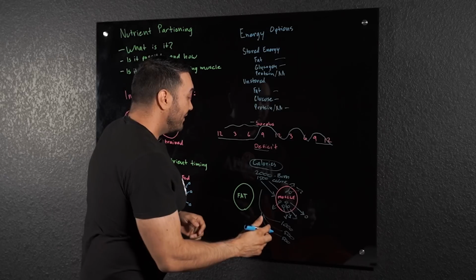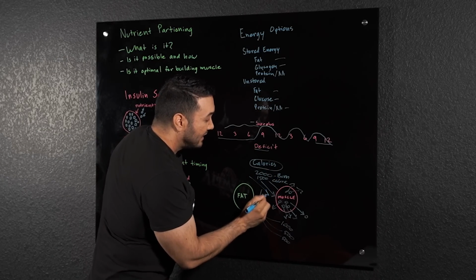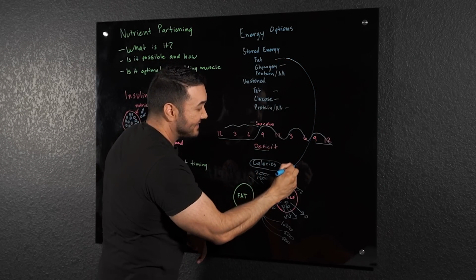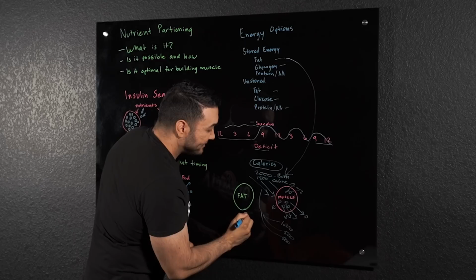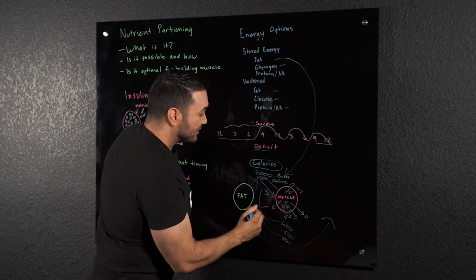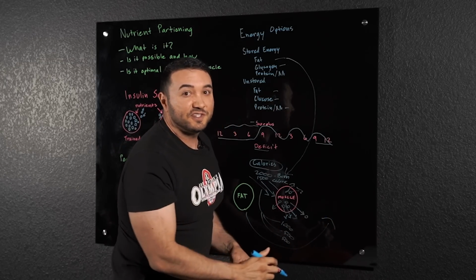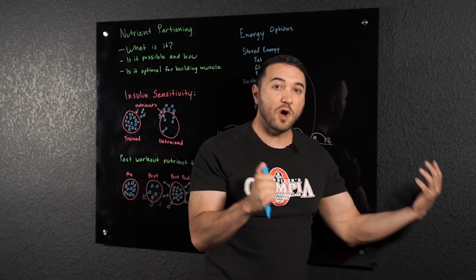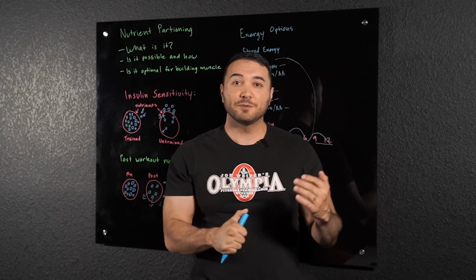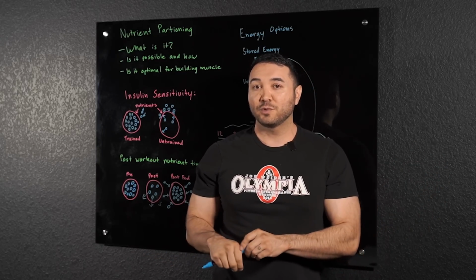Right? So the body is taking calories from wherever it can get them, the 1,500 that you consume towards muscle. There's 500 calories it still needs. What's happening? Well, it takes fat energy and uses that as its total daily use of calories. So you're consuming 1,500, it goes towards muscle, you still need another 500 to get through your day. 500 calories from fat leaves and is used as energy. So now you're building muscle while losing fat. You're creating a demand to shove nutrients to the muscle cell while simultaneously creating a demand to use more of your fat cells because of your total calories burned throughout the day.